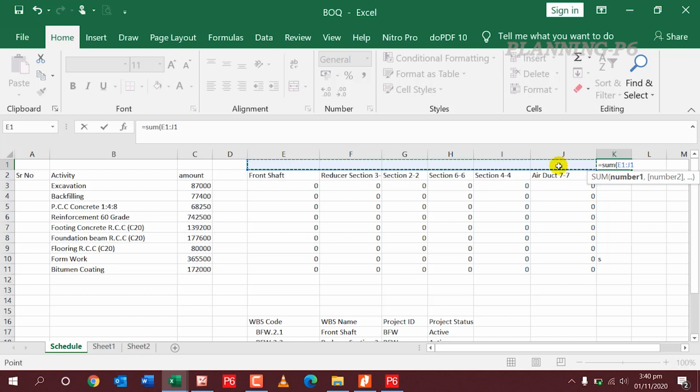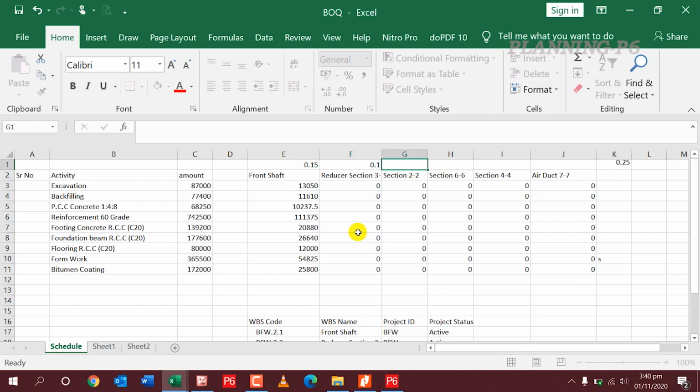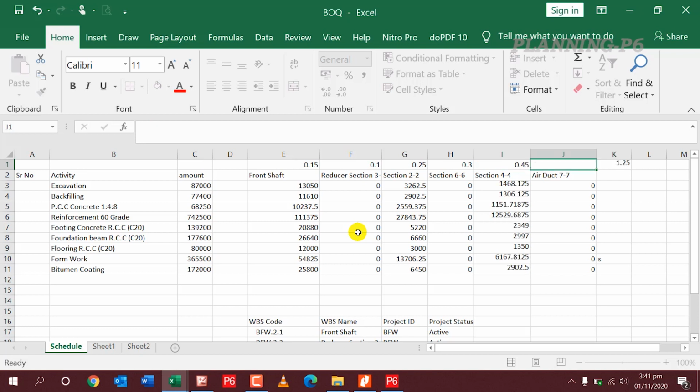So front shaft, if it is 15%, and the next section, reducer, is also 10%, and section 2 is 25%, as you can see from the drawing, and section 6 is 30%, and section 4 is 45%, and duct is 10%. So now I will manage 35%.